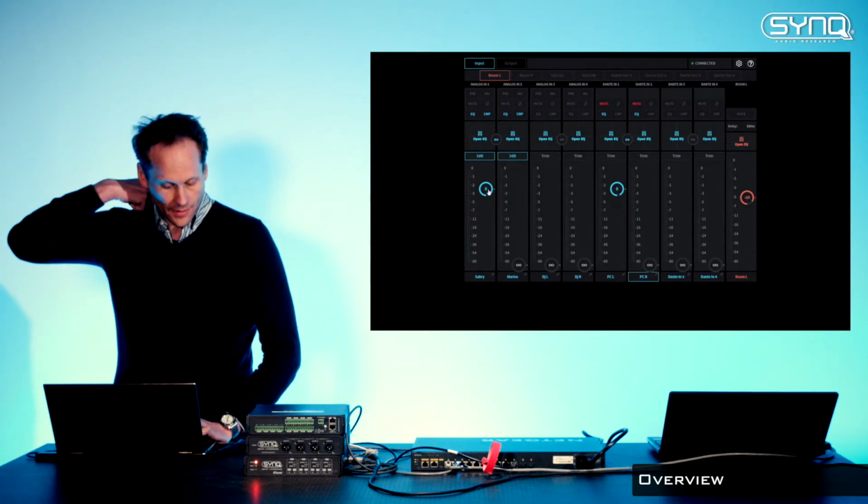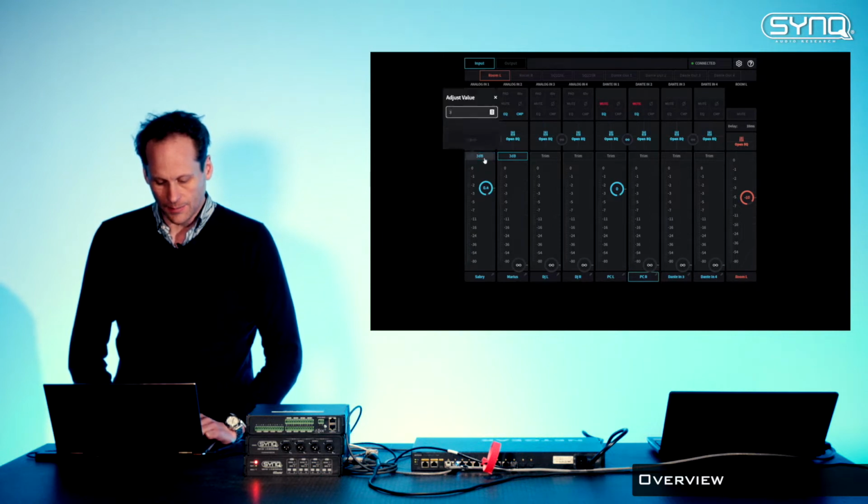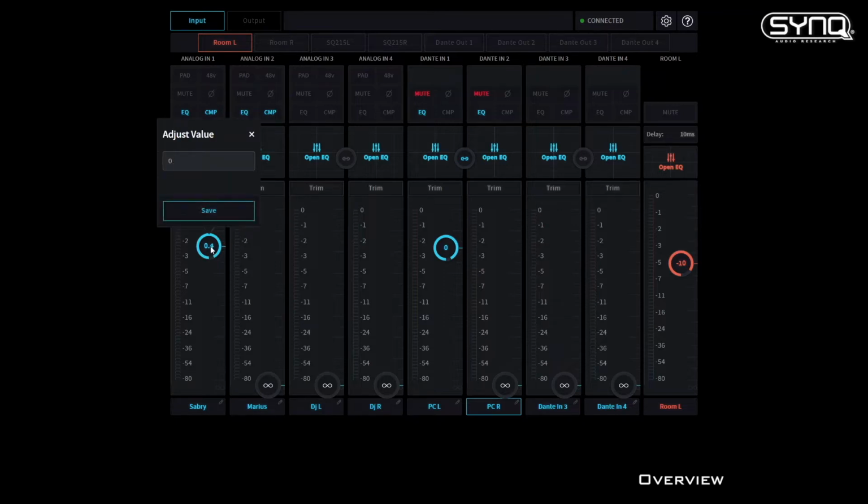We have a fader for each of them. You can go from minus 120 to plus 10 dB. In case it's not enough, you can still use the trim. And the trim, you can go from minus 20 to plus 20 dBu. For instance, you have a CD or any source with a consumer range output level. That's very handy. If you want to type in the value, you just right-click on it, and you can say, okay, minus 6 dB. That's it.